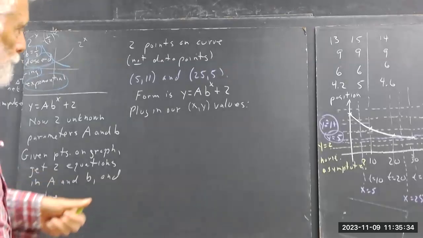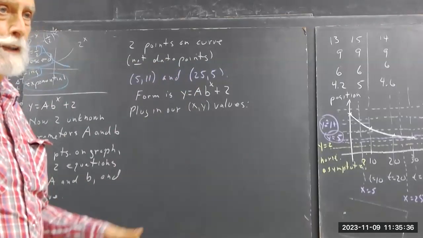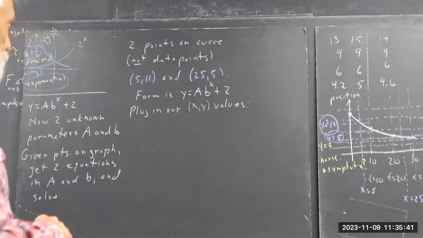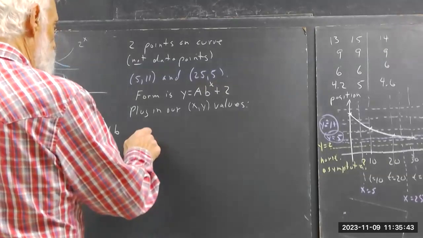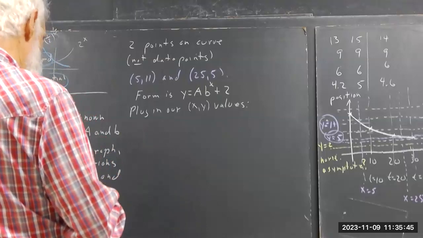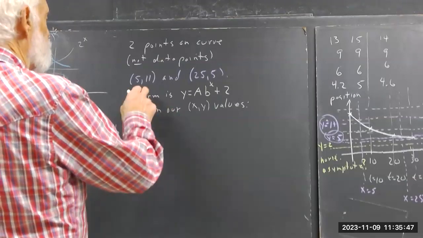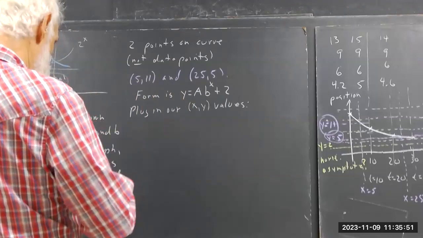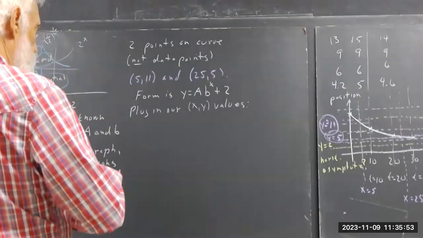Now we can't plug both of our XY values into the same equation at the same time, but we do the obvious thing, what I hope is obvious. First we replace y by 11 and x by 5. So we get